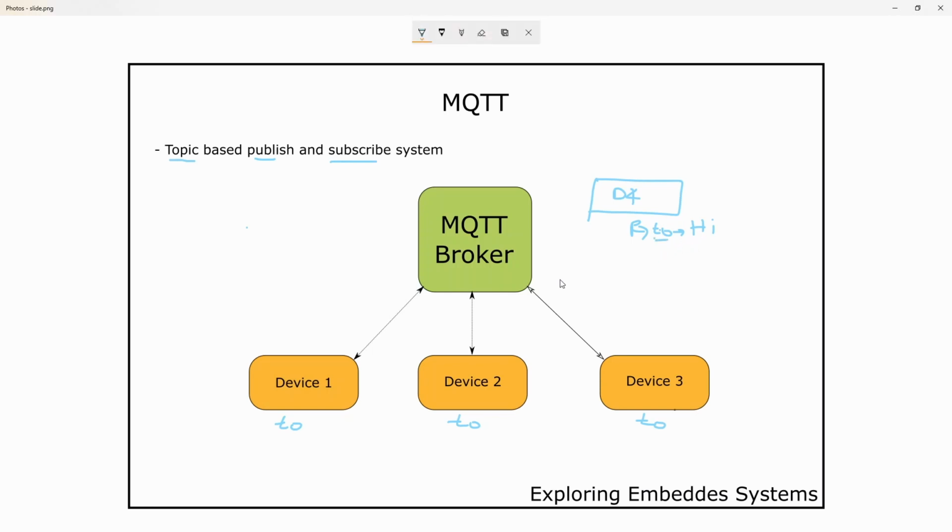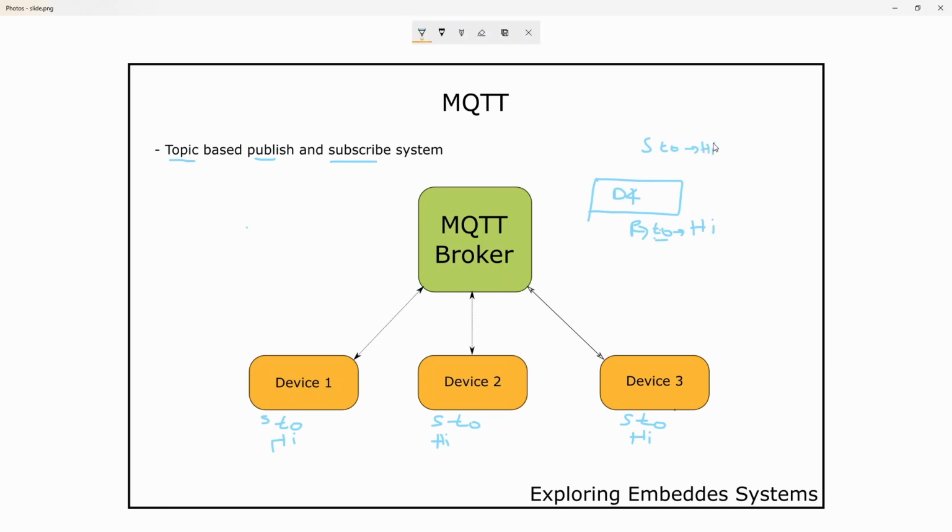Since all these devices are subscribed to topic T0, this hi message will be received on all of them. This one will also receive a hi message, and this one too, and if this is also subscribed to T0, it will receive it as well.